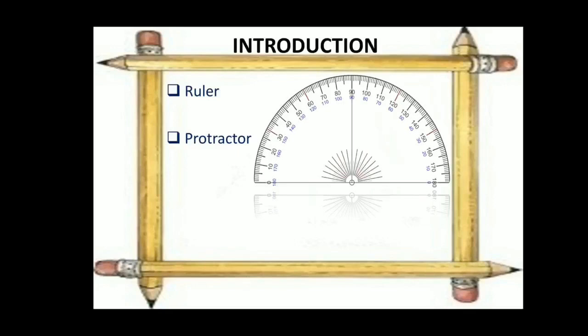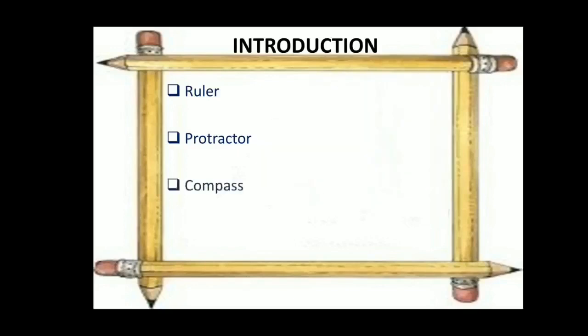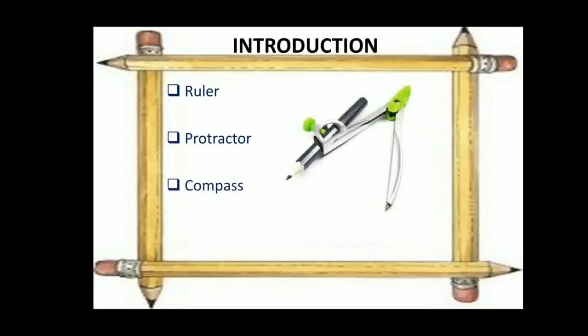Okay. Now the next thing is compass. You know what is a compass? You use compass for what? Yes, you will use compass for drawing circles. You remember? Yes, this is a compass, correct? Okay, so here we are not using compass for drawing circles. We are using compass for measurement and drawing other things. Okay, so I will teach you what to draw and all. So the main instruments which you require are a ruler, a protractor and a compass, and of course, you know, a pencil and an eraser are the next mandatory things.